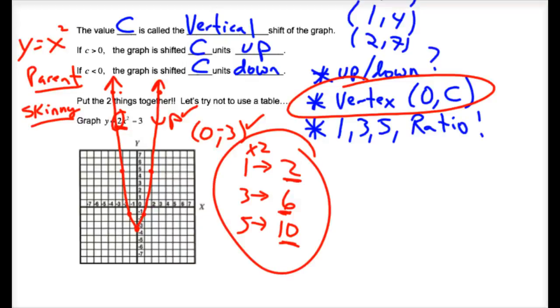Go ahead, Aaron. Question. You guys ask the greatest questions. I'm a little confused on how you find the points for the graph. Do you agree that the pattern's 1, 3, 5? Do you agree that the coefficient of x squared is 2, so we need to multiply 1, 3, 5 by 2? You're going to write this down: 1, 3, 5. I always put an arrow. And it's really 2, 6, 10, because the 2 has changed our parent function to be really skinny. So from the origin, I'm going to go up 2, and it's always over 1. And then I'm going to go up